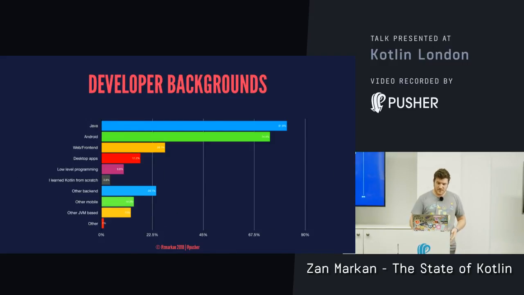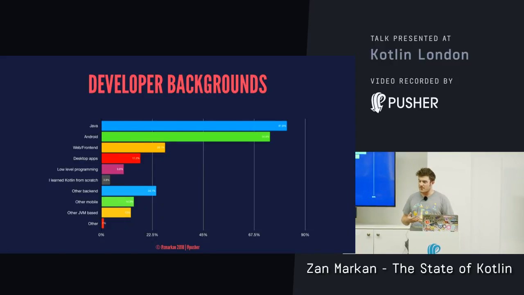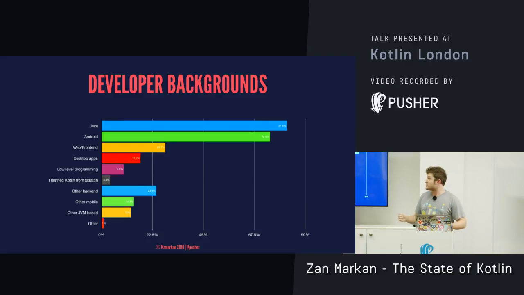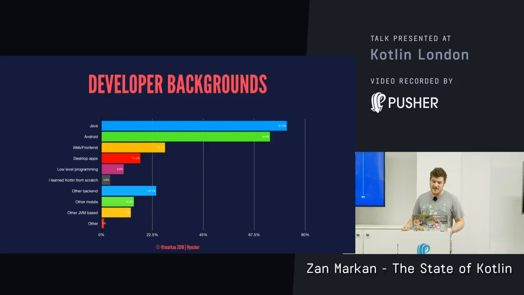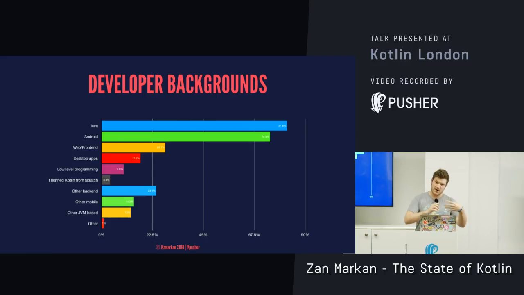So yeah, developers who learn Kotlin come from different backgrounds, mostly Java and Android, unsurprisingly, but also front-end, back-end, desktop development, other mobile. They may come from Swift. Maybe Swift developers decided, hey, they have a cool thing on Android as well, let's pick this up. Yeah, 3.8% of people decided, hey, I'm just going to learn Kotlin from scratch, which is great. I want to see what this changes to in the following years. So yeah, this was where people come from, how people learn, and what people used to learn.